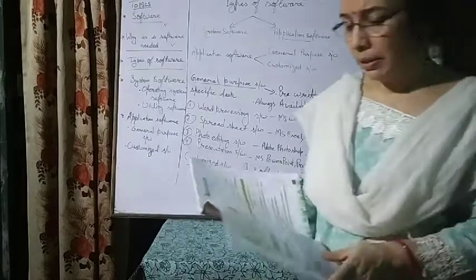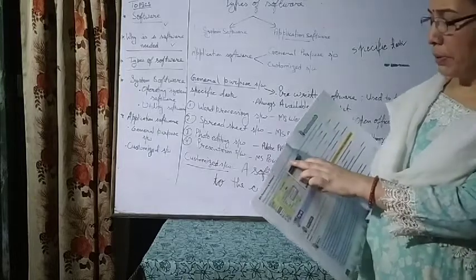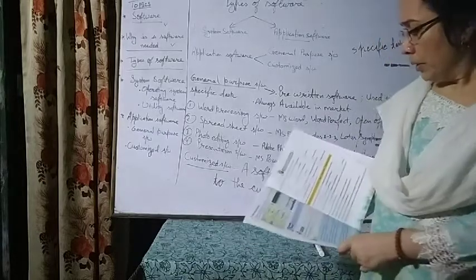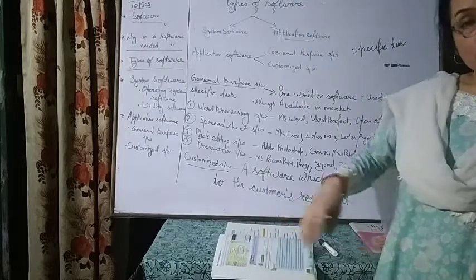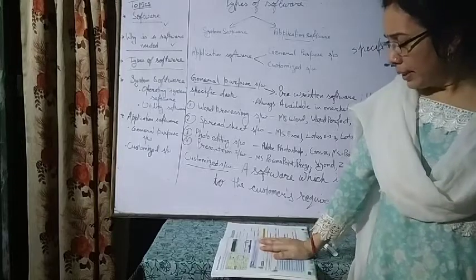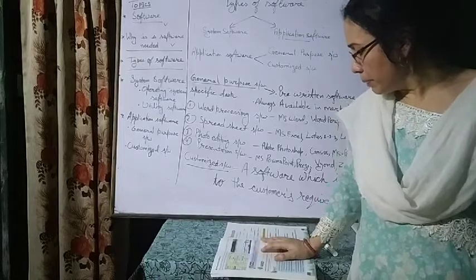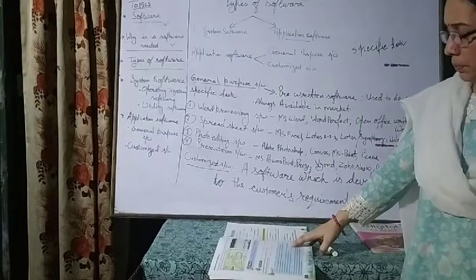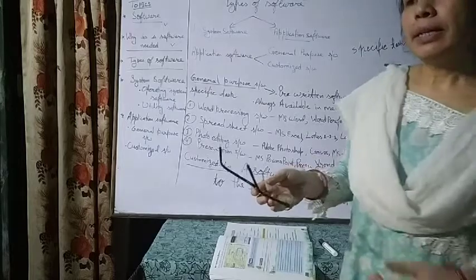Now the next one is bill generating software. Bill generating software handles the sale and purchase of products sold to customers in a restaurant, departmental stores, hospitals, etc. So this is also one special type of software which can keep a record of sale and purchase, and a record of customers. So bill generating software is used wherever bills are created for customers.